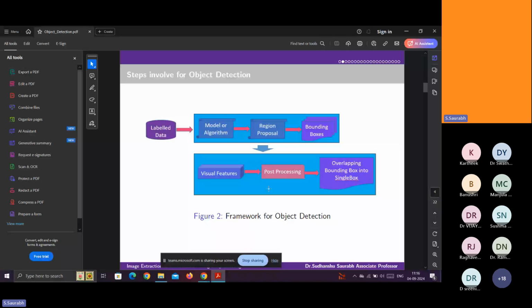Now check if two objects are besides each other, then what will happen? Two bounding boxes are overlapping with each other. Then the problem is, which object has the maximum probability compared to the other object, and which object do you want to detect, because two bounding boxes are there. Your algorithm is responsible to detect all the objects available in the image. So segregate it. For that purpose, remove the overlapping.